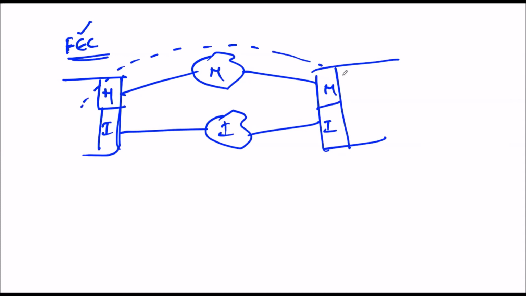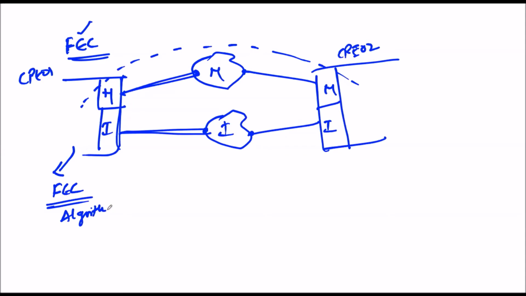So what is going to happen? This is a tunnel between the branches. This is my CP01 and then CP02. Between these two, there are connections which are going to be used via these WAN transports. These WAN transports will be used to communicate from CP01 to CP02. Now, what is going to happen in case of FEC? There is a forward error correction algorithm which runs on these devices, even on these Versa appliances.